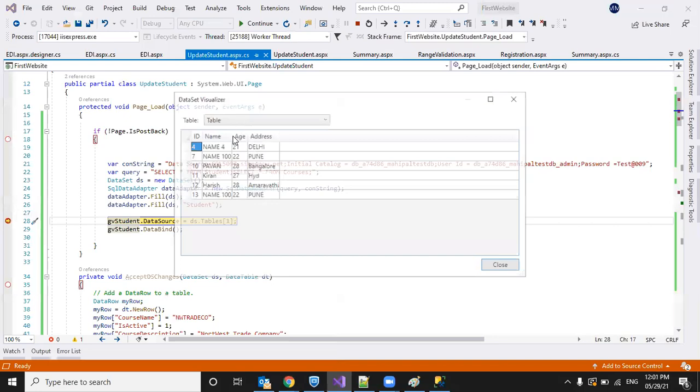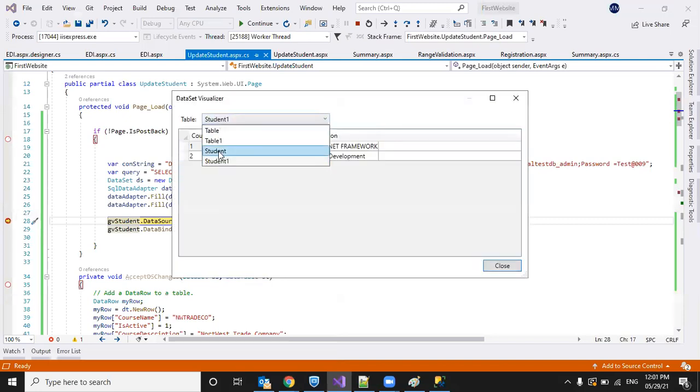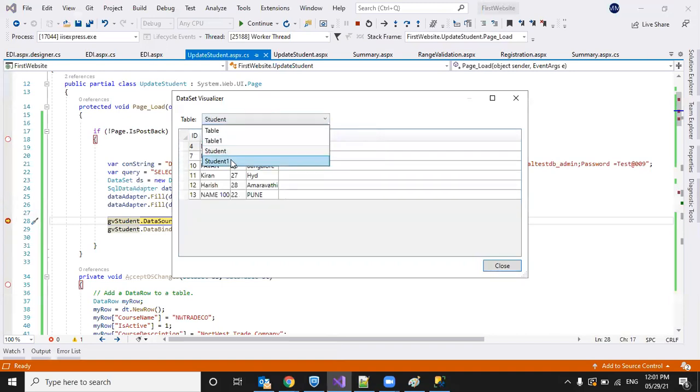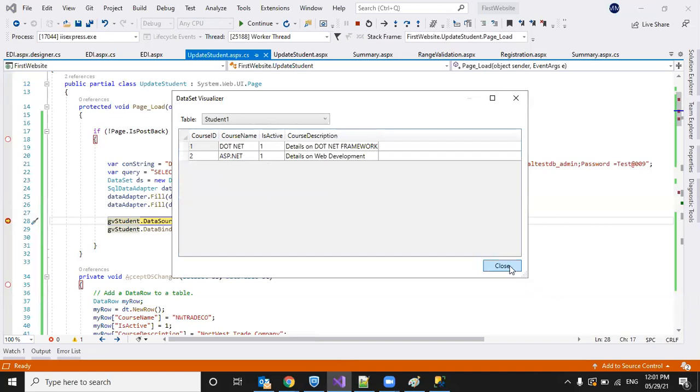The data set has two tables. I gave the name student, so the next table took the name student 1. This is the previous data, and it was holding that data as well. So now I am binding this data.